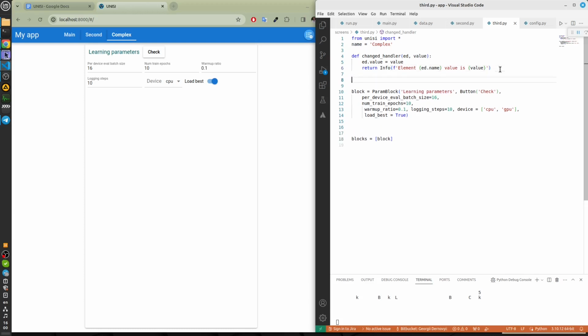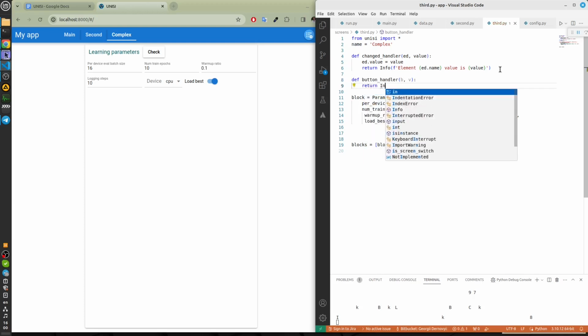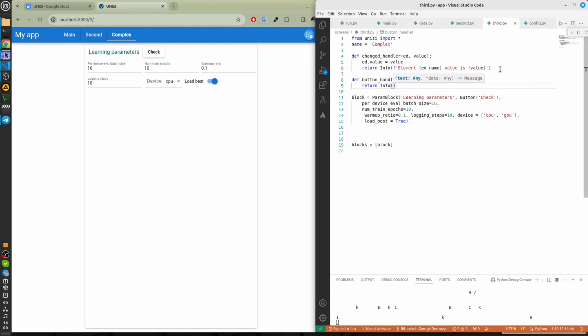Modify the handler a bit. Define button handler. Button and value are as usual. And ask for the paramblock variables. Just return info about them. Convert to string.